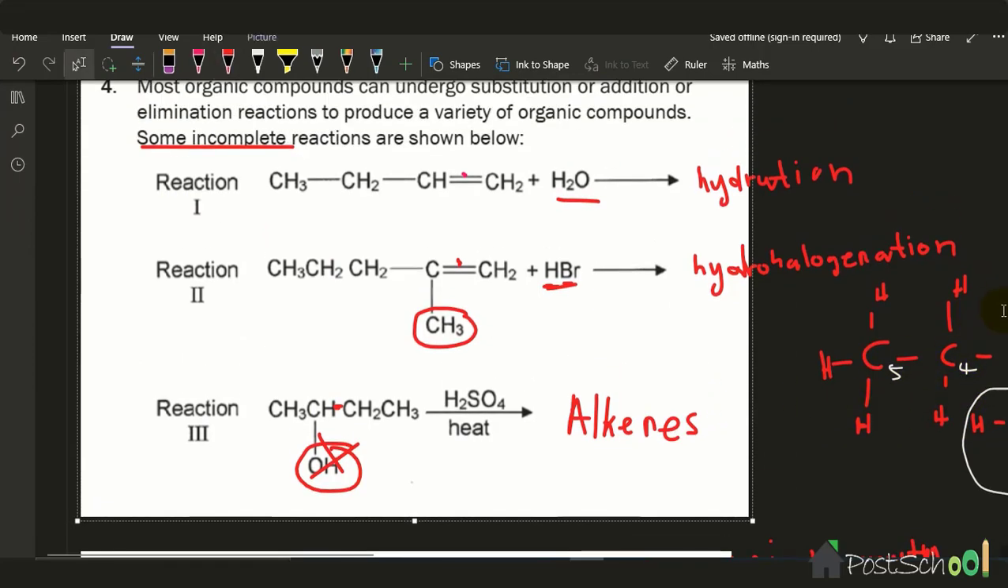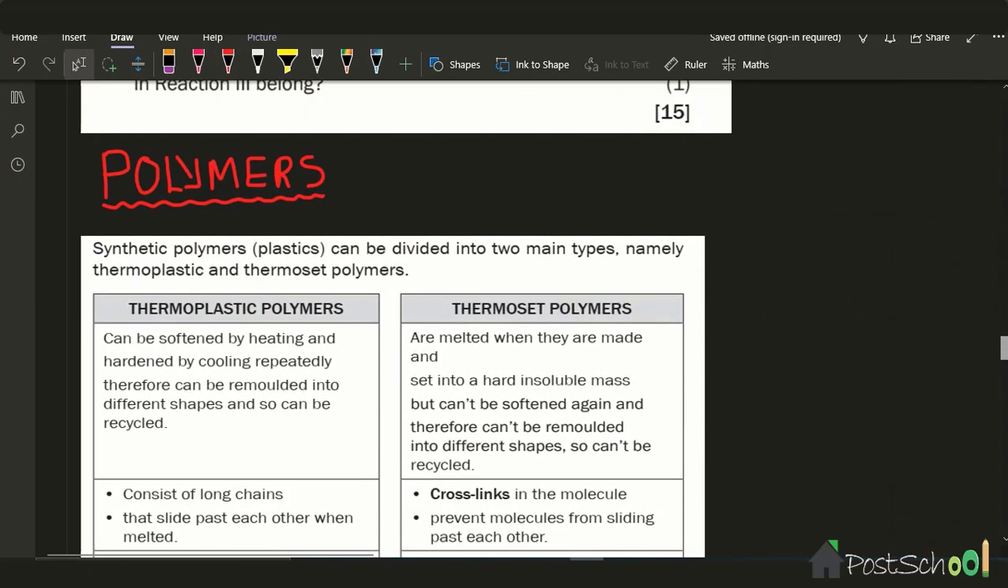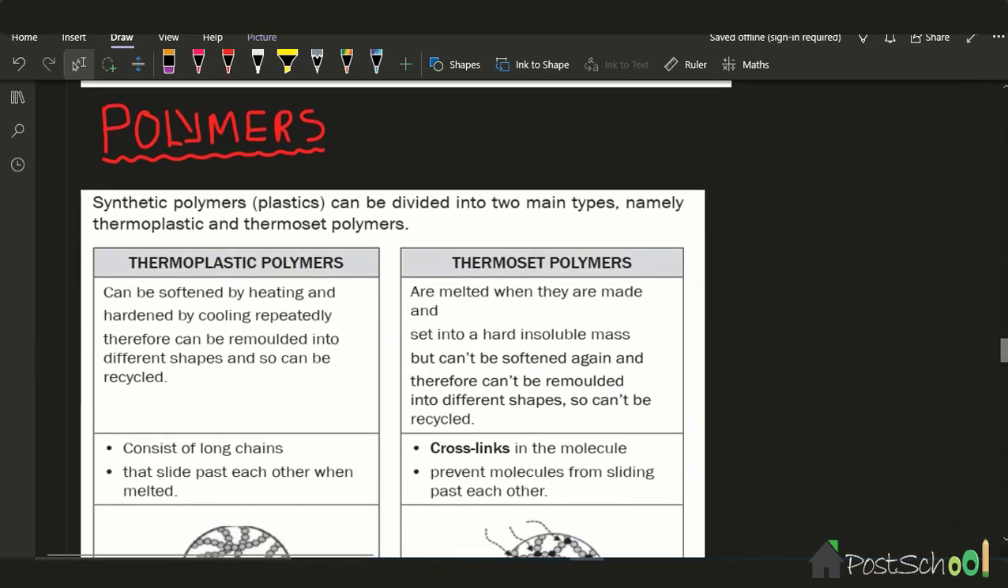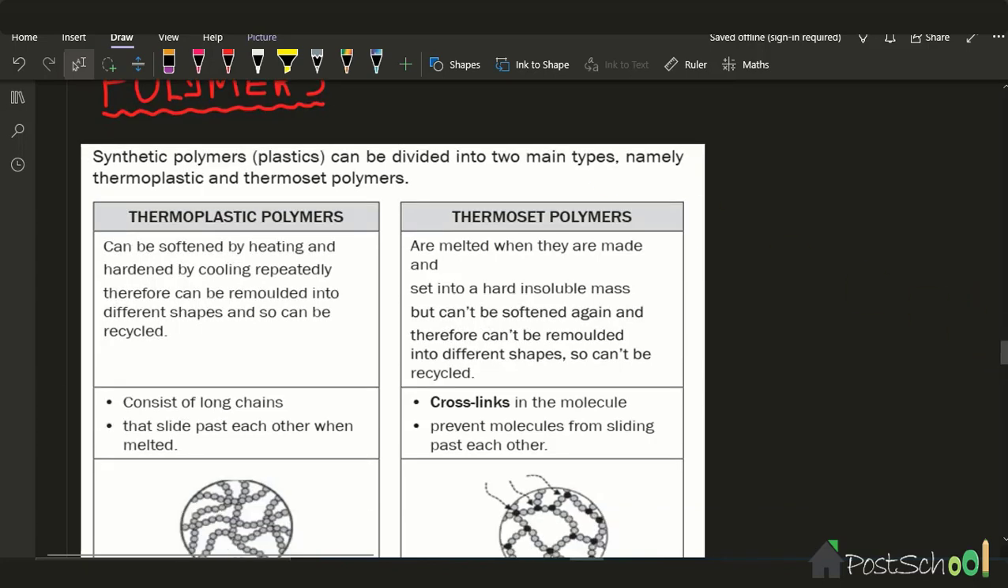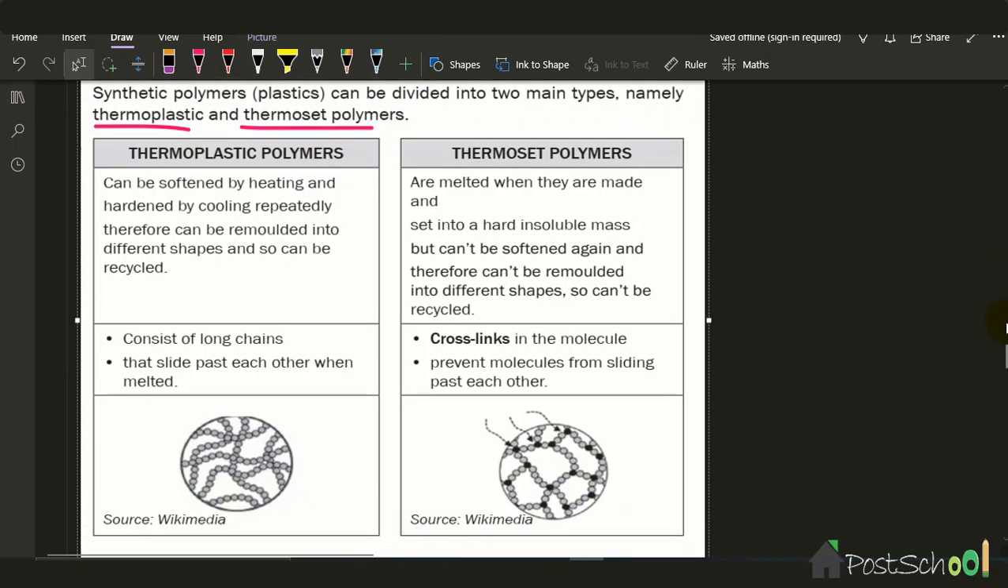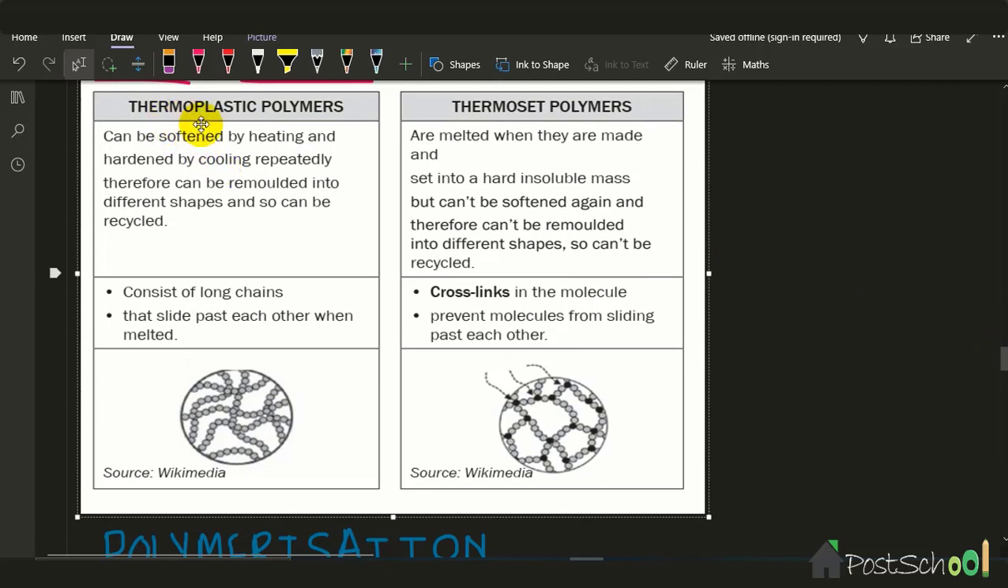Okay, let's move on to polymers. So this is our last section. Polymers. Synthetic polymers can be divided into two major types, namely thermoplastic and thermoset polymers. Thermoplastics can be softened by heat and hardened by cooling rapidly, therefore can be remolded into different